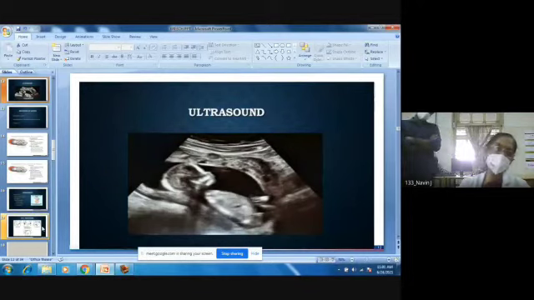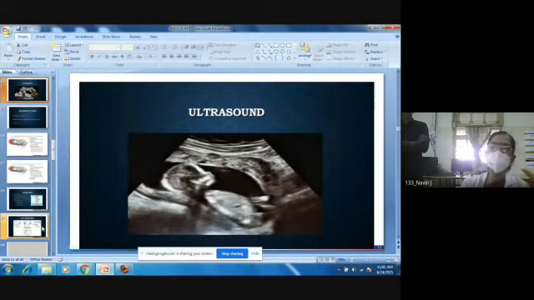So coming to the ultrasound, I already told you many times, you have to confirm what type of breech it is, and you should also rule out anomalies in the baby. You have to rule out uterine anomalies. You have to see the quantity of liquor, and most importantly, you have to look for the attitude of the fetal head. The baby's head should not be hyperextended. That means the baby will be looking up. So that is called the star-gazing sign.